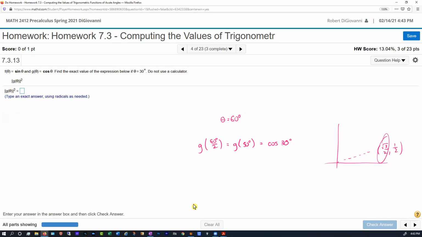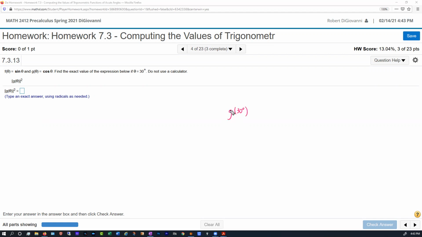Okay, so now find the exact value of the expression if theta is 30. They want g of theta squared. Okay, so what that means for us is we want to know what g of 30 degrees, whatever that is, squared. Now g is the cosine function, says it there, so we want to know what cosine of 30 degrees